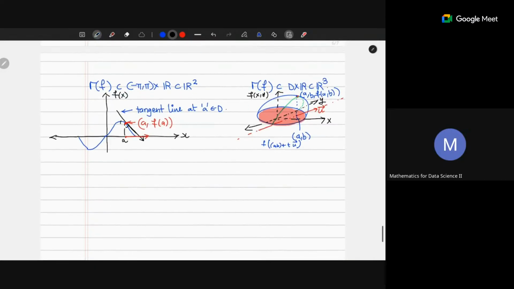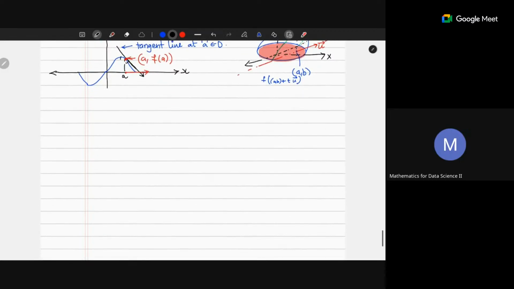So let me write now the topic. In one variable, for one variable functions, let f be a function from some domain in R to R, and yeah, for every function in this, then we say